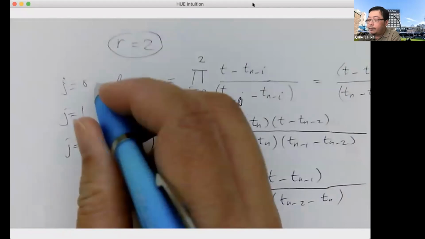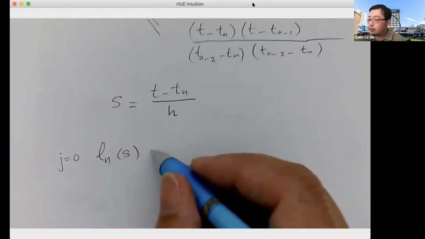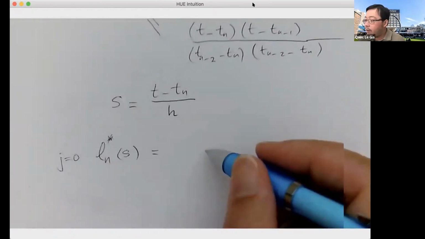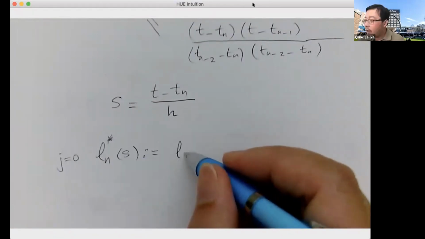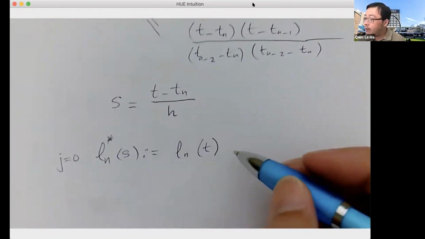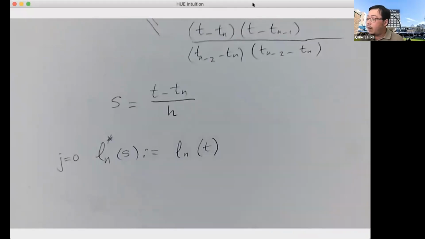So we do the same here. So j equals 0 is you got L_n(s), equal, well, this one should be star, and this one is defined to be L_n of t. So now you put it in. So suppose I put in my L_n of t in this line, then I got